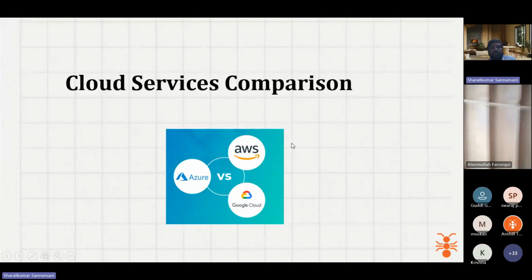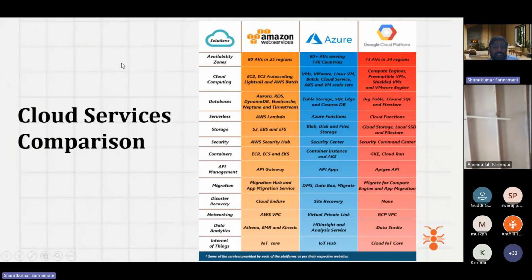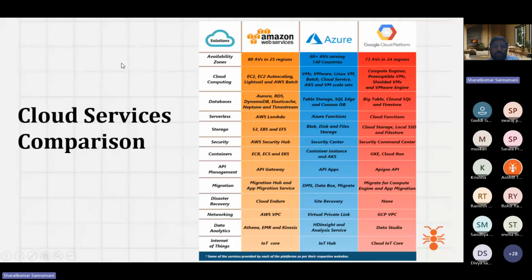Just now we discussed what the different services are. In a similar fashion, all three clouds have the same services altogether. They are running with these services only. What we call cloud computing, in Amazon we call it EC2. In Azure, we call it virtual machine. In Google, we call it Compute Engine. That's it. The only difference will be the user interface. The terminologies will be different, but the concept is the same everywhere.